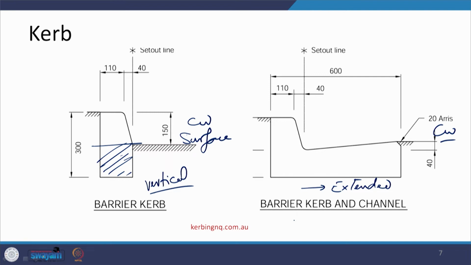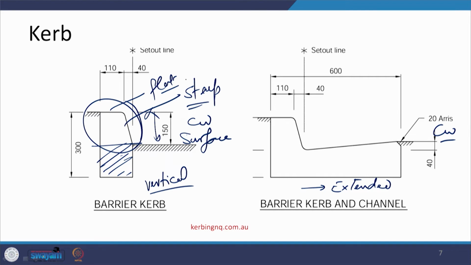Another thing which we can see is there is a certain amount of height being given here, and then there is a design, whereas the design is in terms of this flat surface and this steep surface. Now, these designs of steep surfaces and flat surfaces are going to define what type of curb stone this is. Here, this particular curb stone is a barrier curb stone, which says that the vehicles which are moving on the carriageway will not be able to go towards the other side because of this height and